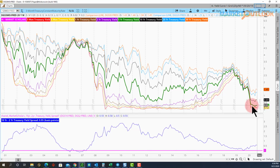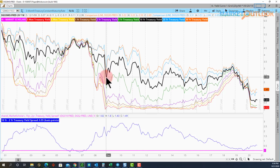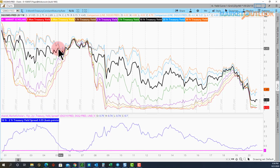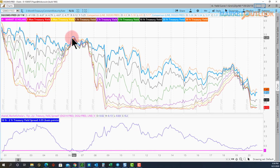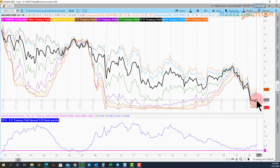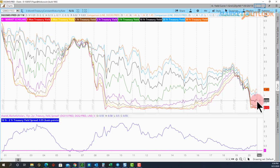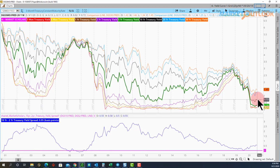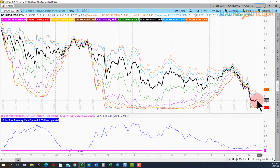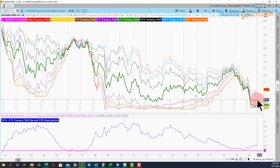And then we bounce off of these lows. You can see the black line, we bounce off of these lows and we get to really low levels in the overnight rates, and the 10-year yield bounces. So I expect the 10-year yield to bounce again in this area. Eventually it won't be such a tailwind, but as of right now, and the reason why is, again, that is like half of